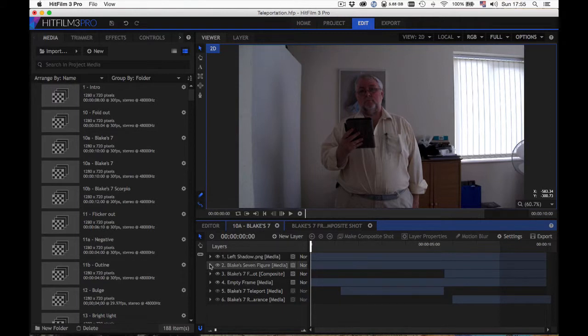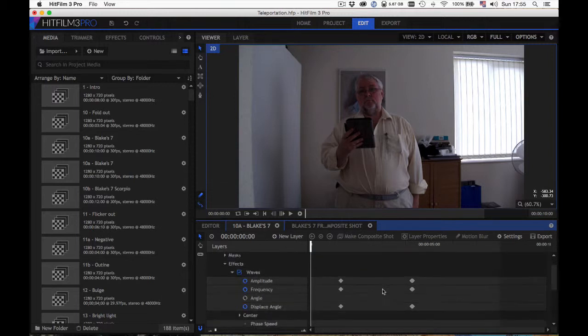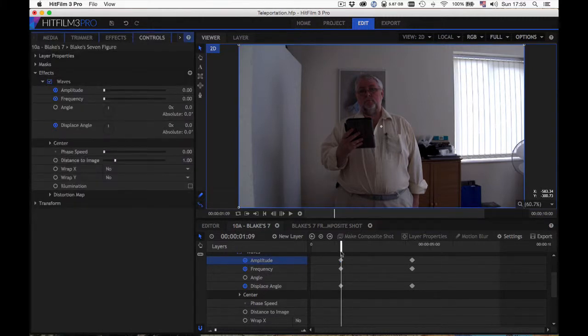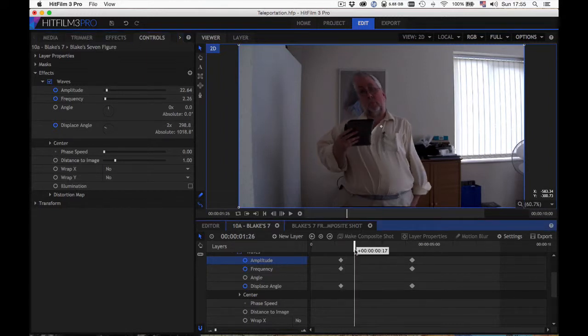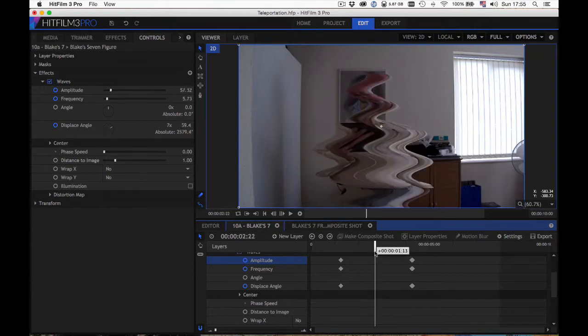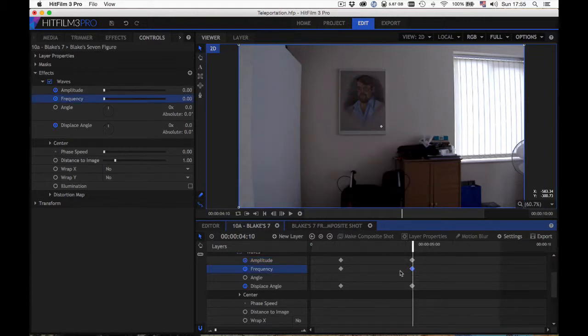Now the first part, the wobble effect, very quickly explained. All I did was add in an effect called waves, which is a part of the HitFilm product, and all I do when you go and look in here is that at this point, which is about 1 second in, I simply set keyframes on the amplitude, the frequency and the displacement angle, and then as we go on you can see they gradually change with time, going further and further and further until we finally get to the point here where everything is back to zero,